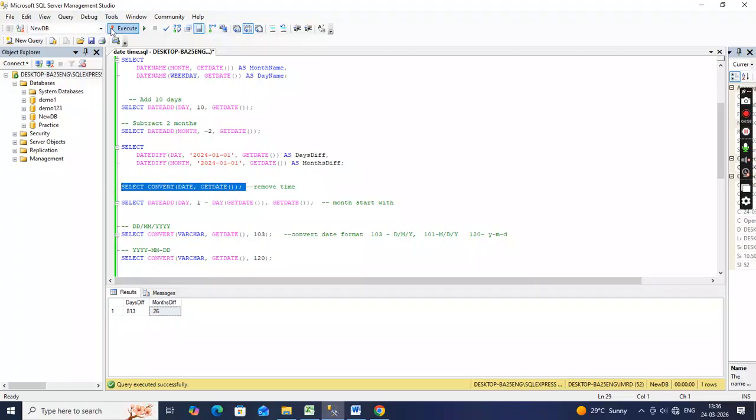Simply it returns only the date. Why? Because